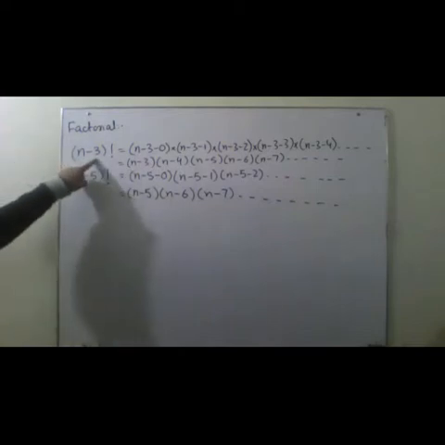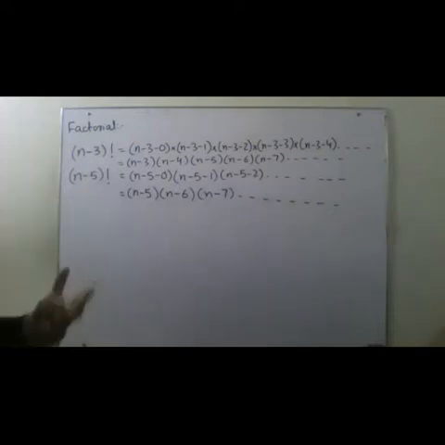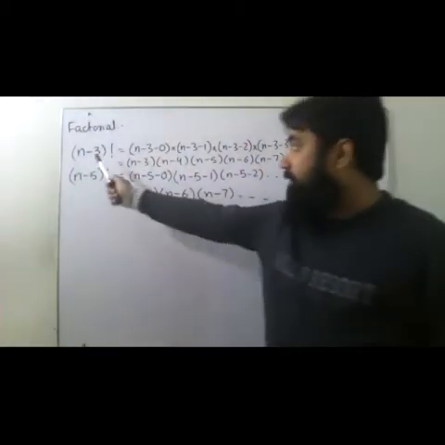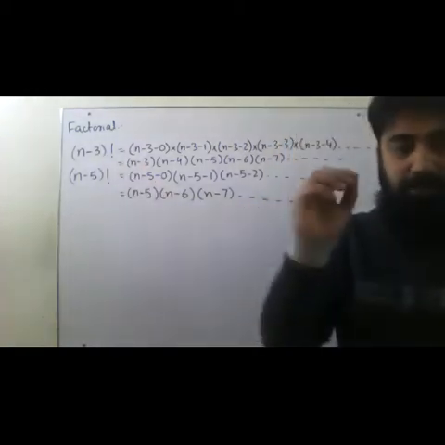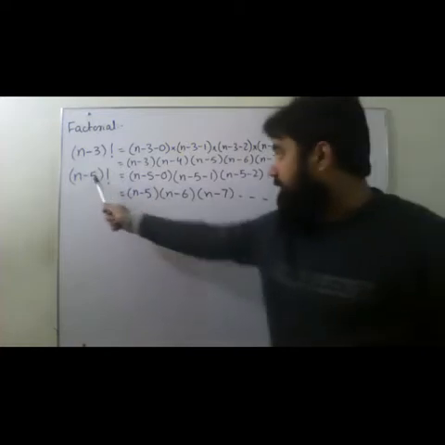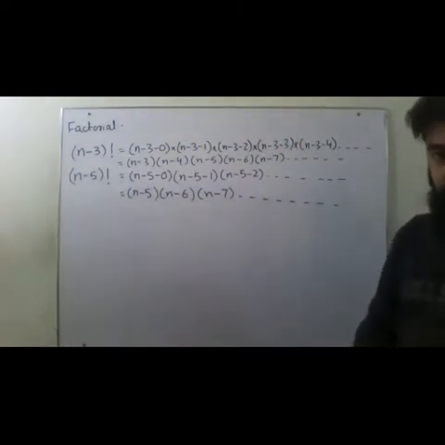These are two different types of numbers. One is a large one because a smaller number is subtracted from n, and the second one is the smaller one because a larger number is being subtracted from n. Whenever you have to expand this, always remember the one which has the lower number subtracted will have those values where higher numbers are getting subtracted. That will be there.